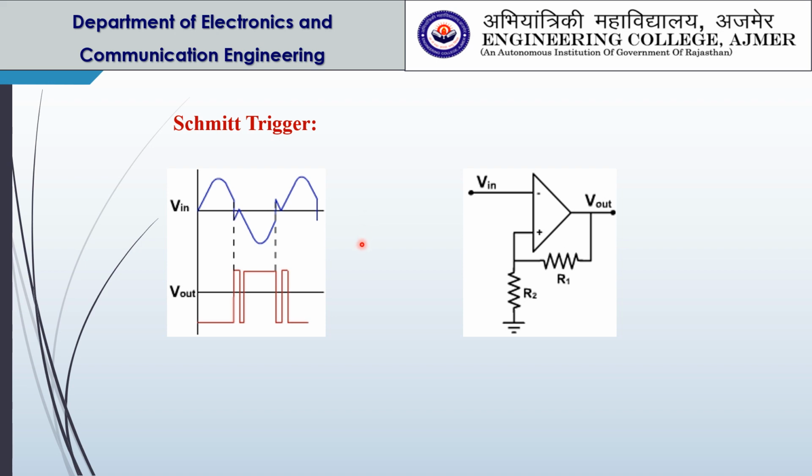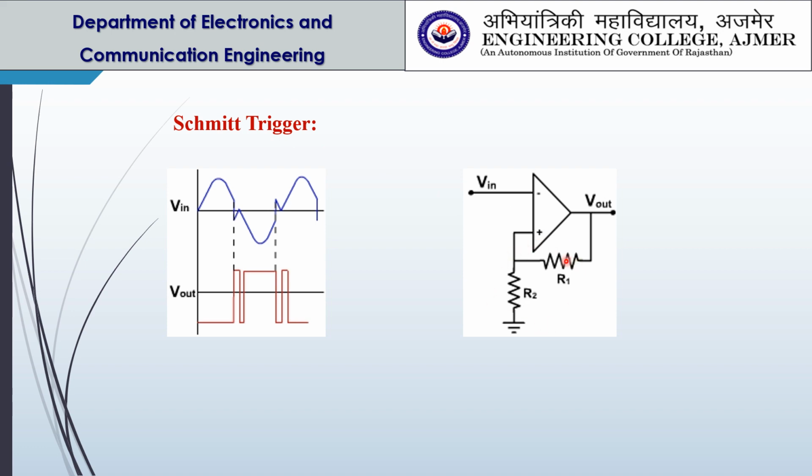This graph shows the output of zero crossing detection if the input contains noise. This type of behavior can be avoided by using a Schmitt trigger, which is basically a comparator circuit with positive feedback. This is the first example we are studying with positive feedback. You can notice that the output is connected to the non-inverting or positive terminal of the operational amplifier. So in a Schmitt trigger, positive feedback is used.